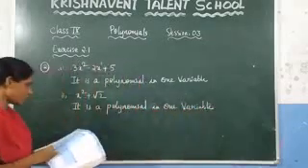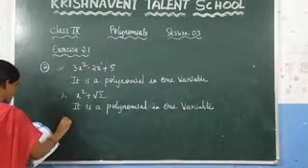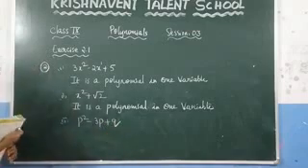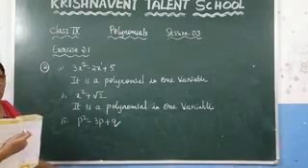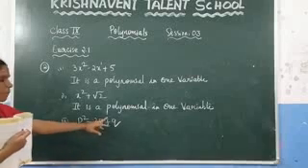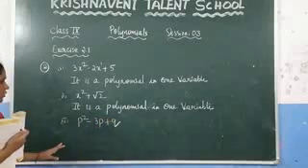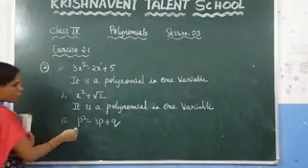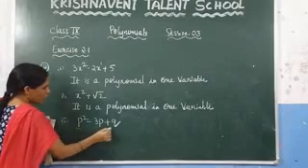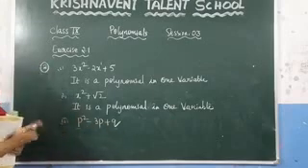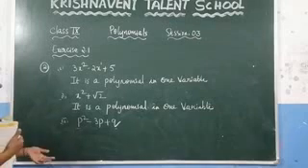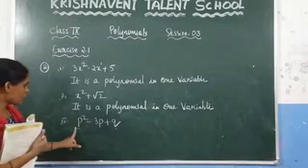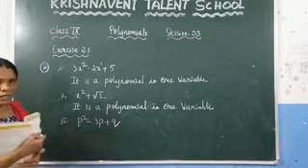Now see the third question. What is given here? t square minus... polynomial in one variable. Here you can observe how many variables are involved in this expression, p and q. Here two variables are there. But in the question, what they ask is that you need to check whether the given expressions are polynomials in one variable or not. Since it is not a polynomial in one variable, write it here.